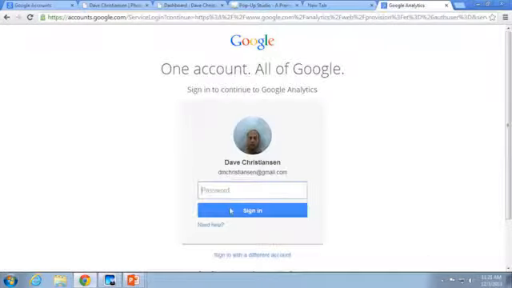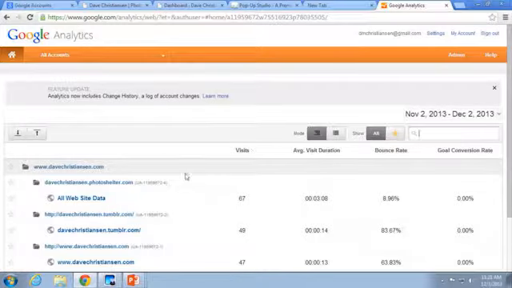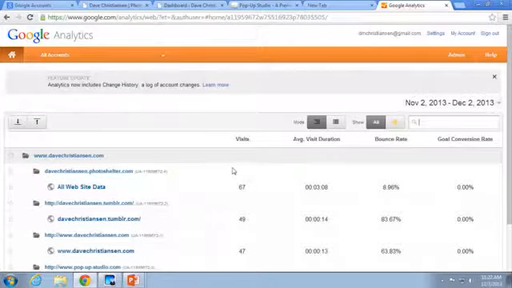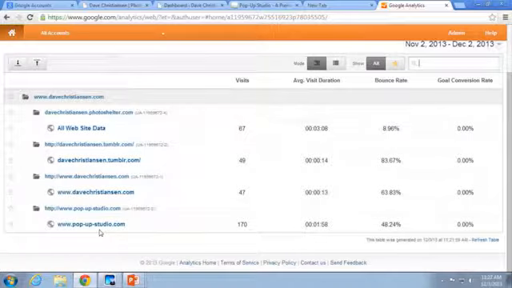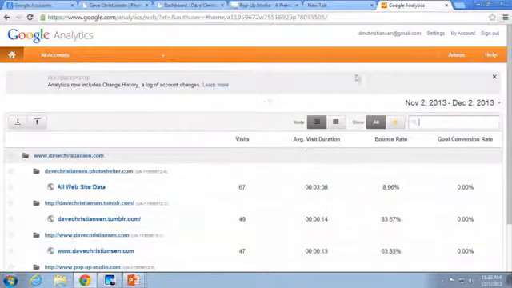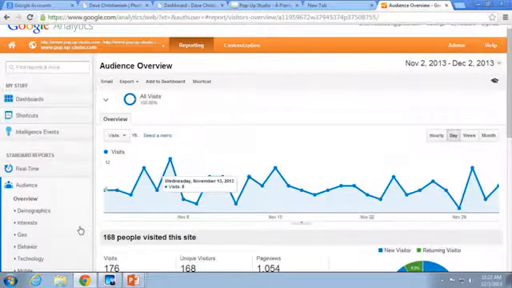But I want to show you my friend who owns a photography business, has set up analytics for his primary business, which sells high-end photos, and a separate business he has called Pop-Up Studio, which does kind of this premium photo booth. Where we are now is the main login area for Google Analytics, but what I want to focus on is dimensions and metrics, so we can begin